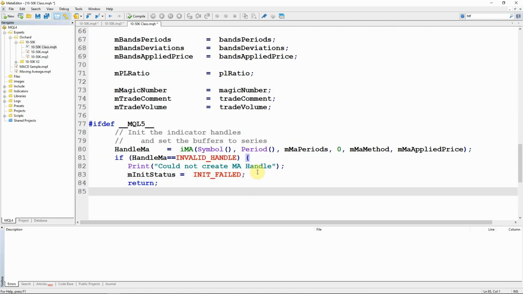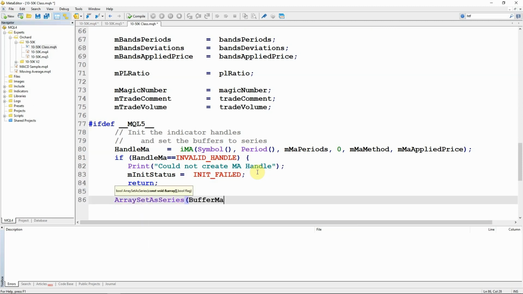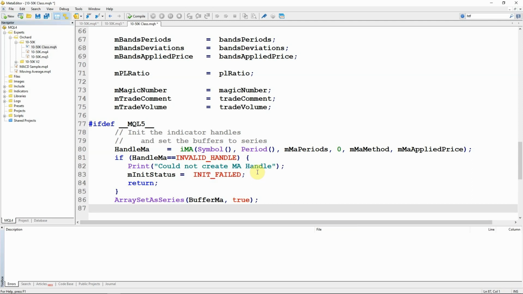And then I return, because there's really nothing more we can do if the handle couldn't be created. But assuming that was successful, I'm going to set the array as series, the buffer MA array as series. I do this so that element 0 of that buffer matches bar number 0 on the chart.